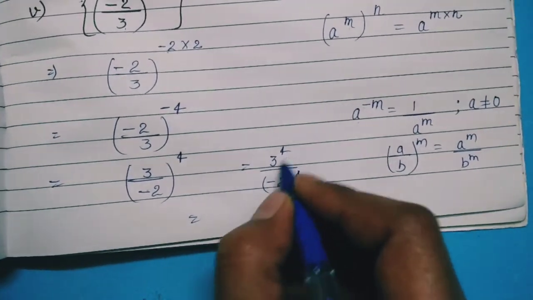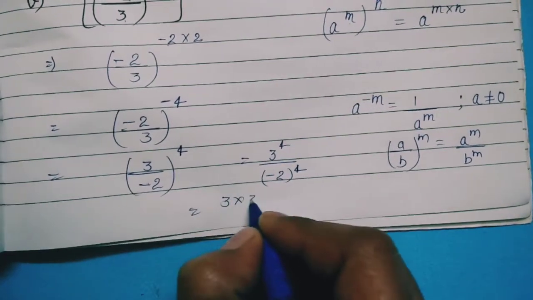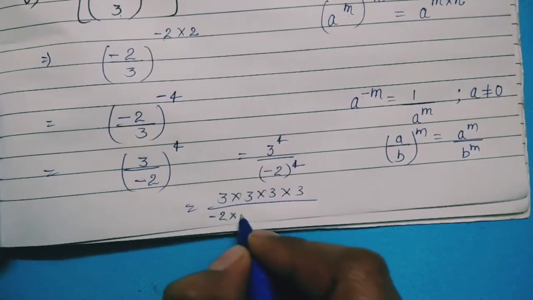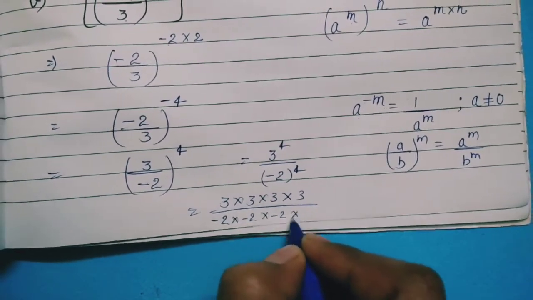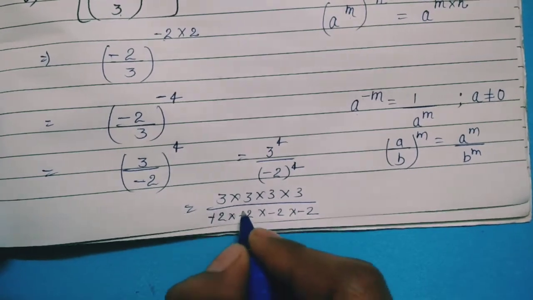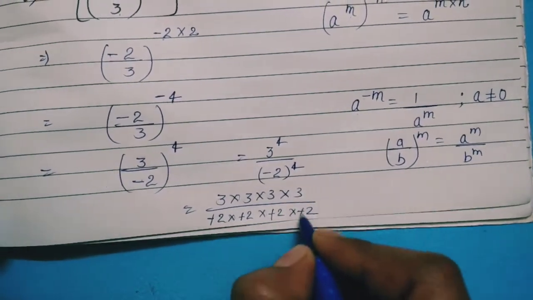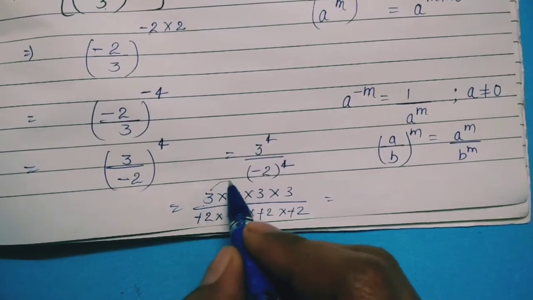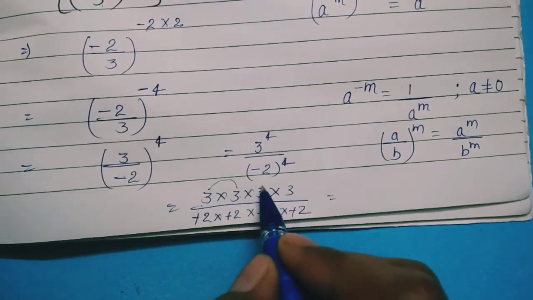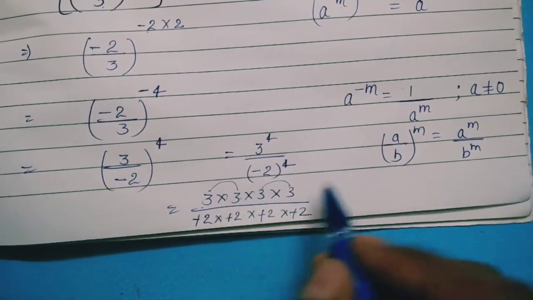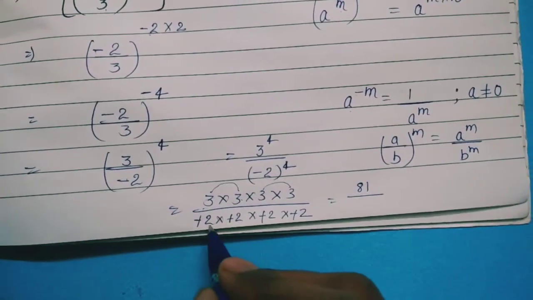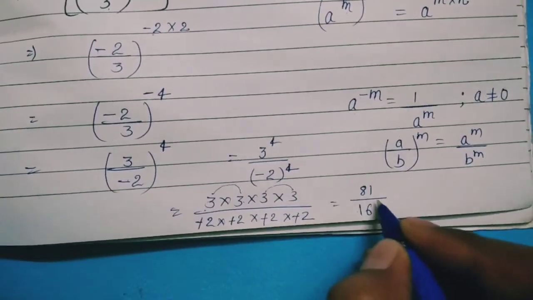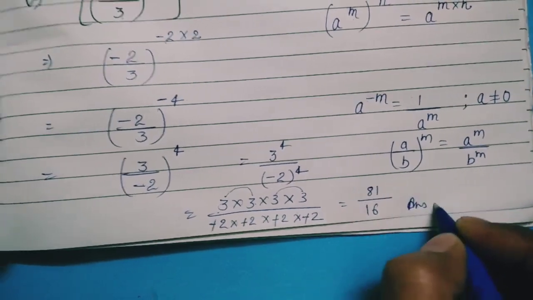It means that 3 will multiply itself 4 times, as well as negative 2 will multiply itself 4 times. So minus to minus positive, minus to minus positive. When you multiply this, starting 3 3s are 9 and these 3s are 9. So 9 9s are 81. Same is here, 2 2s are 4, 2 2s are 4 and 4 4s are 16. So 81 by 16 is the answer of the fifth one.